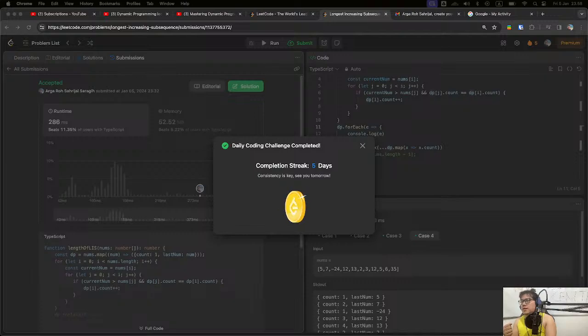Seven years plus in coding. I actually already heard of dynamic programming maybe in the last year of my university, during my undergraduate.